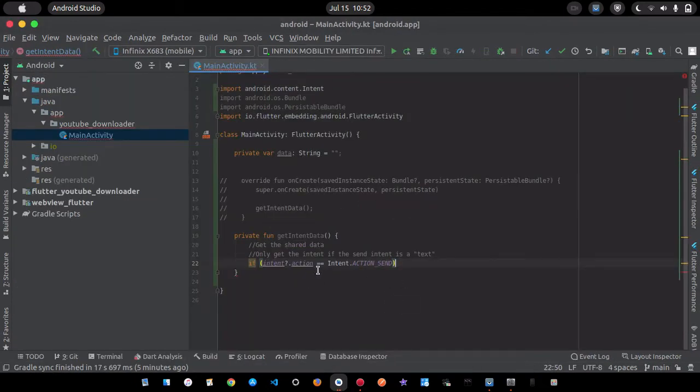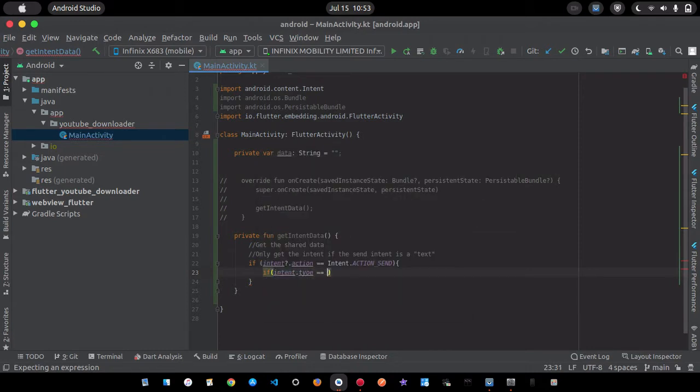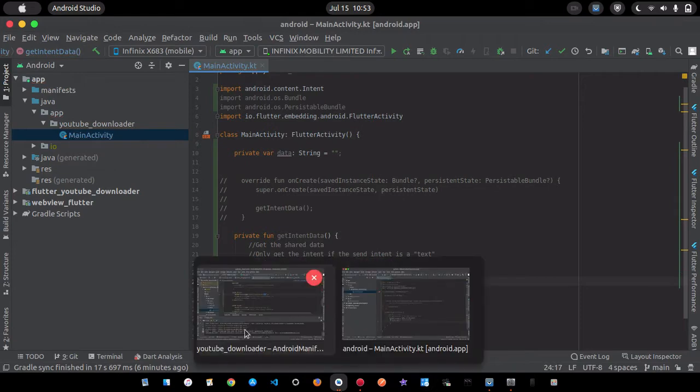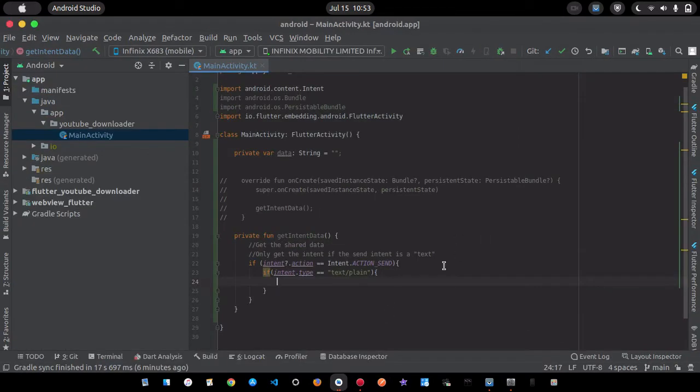So if the intent.action is equal to intent.action send, then we are going to process the data, we are going to get the data. Okay, we are also going to check again if the type is text plain. So if intent.type is equal to text/plain, we also need to process the data. So the same thing is happening here too. If you look here, we are actually trying to get the MIME type, which is text.plain. Okay, so now once we are sure that the if statement evaluates to true, then it's time for us to